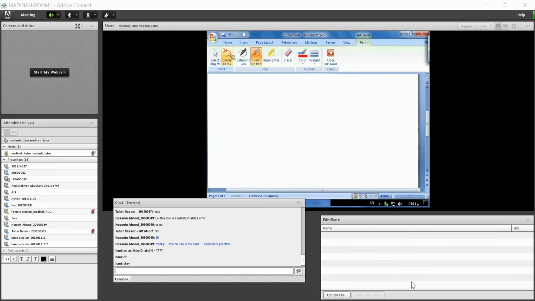So in this example, int abc is equal to new int of 5.